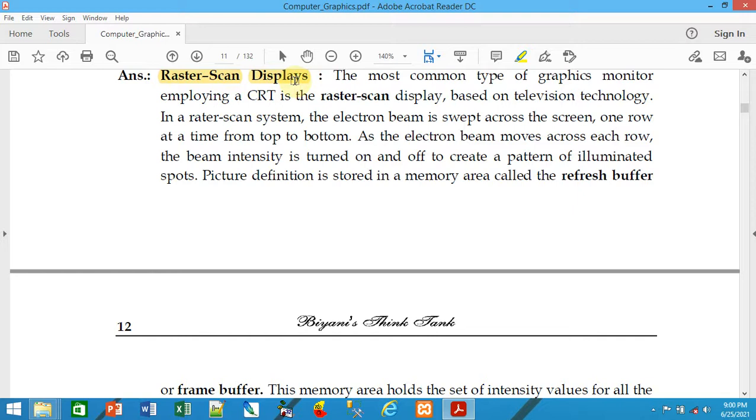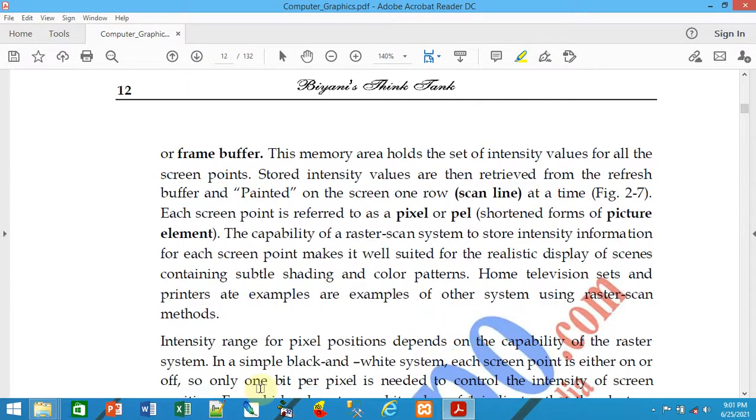Picture definition is stored in a memory area called the refresh buffer, or frame buffer. This memory area holds the set of intensity values for all of the screen points. The stored intensity values are then retrieved from the refresh buffer.